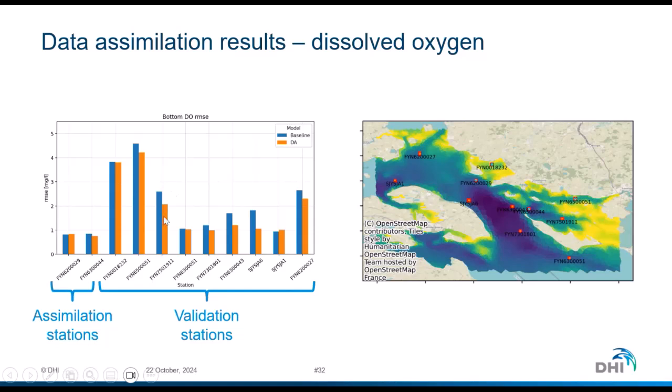And then for the validation stations, overall, we see that the model result is adjusted and is improving the root mean square error for the majority of the stations.